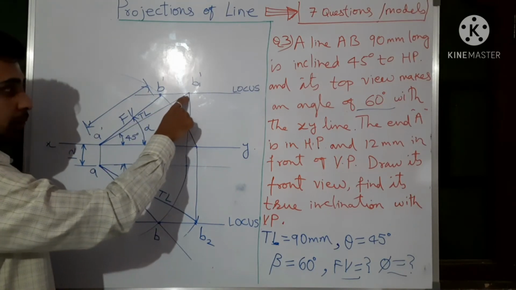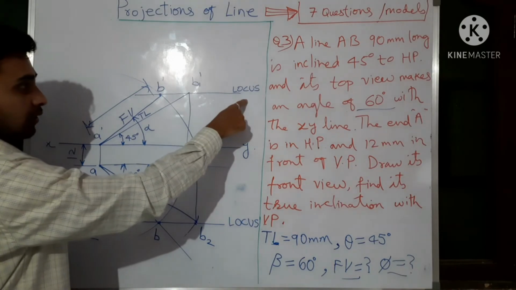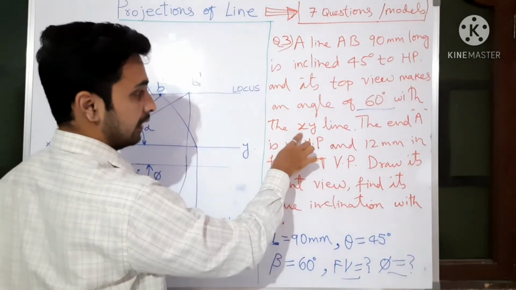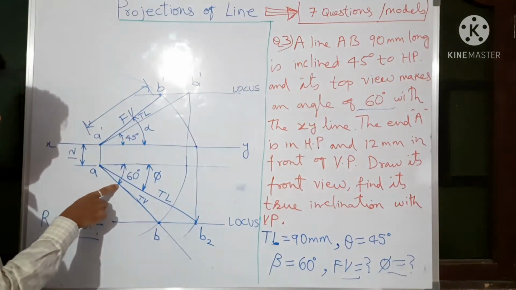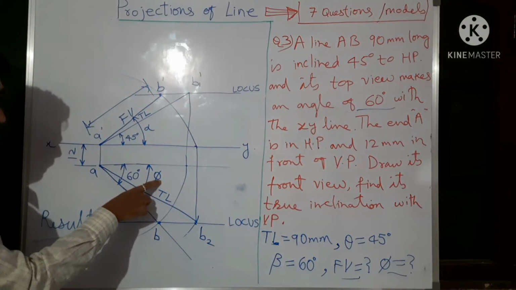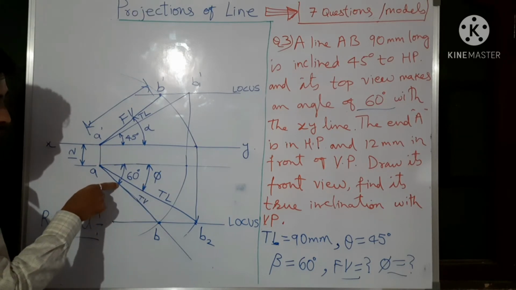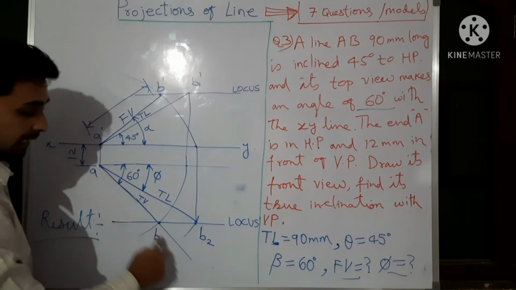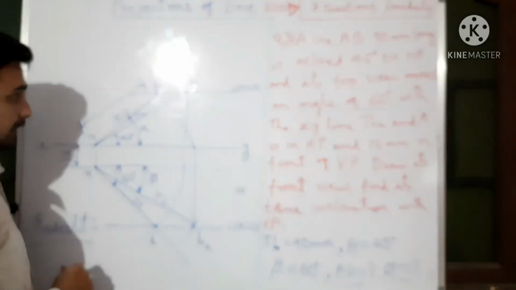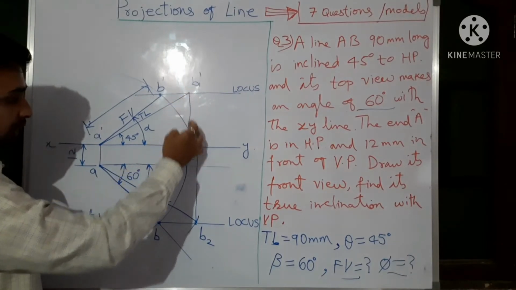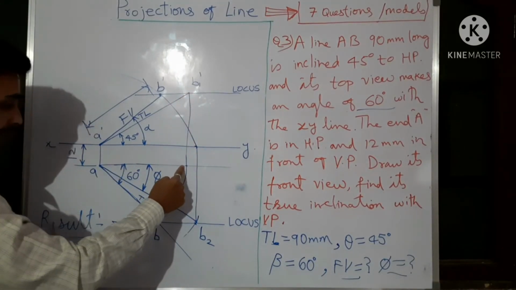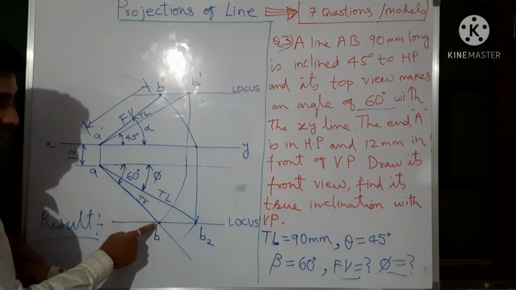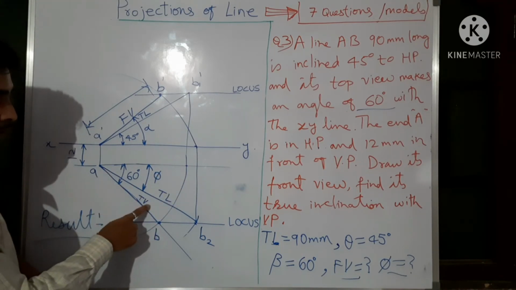So as soon as we got the end point of this line TL, we have drawn the locus. After that, the line is making 60 degree with XY line. This is top view, that is final beta angle. Earlier they have given this phi in the first problem. Now they have given this beta as a top view angle. So 60 degree you take it and draw a line. Length of the line we don't know. Then project this true length here up to this level. From here take this as center, this as radius, rotate it. We will be getting one point here, that is B. A to B if you join, you will be getting top view.